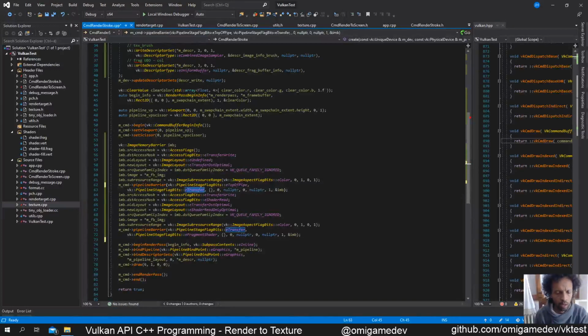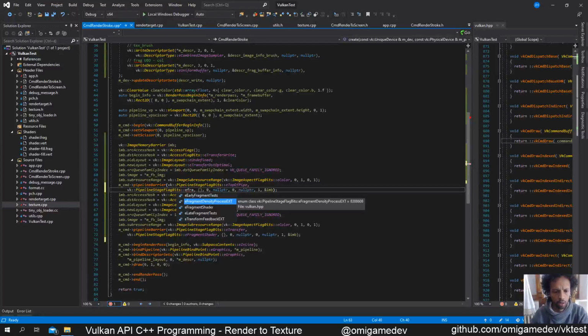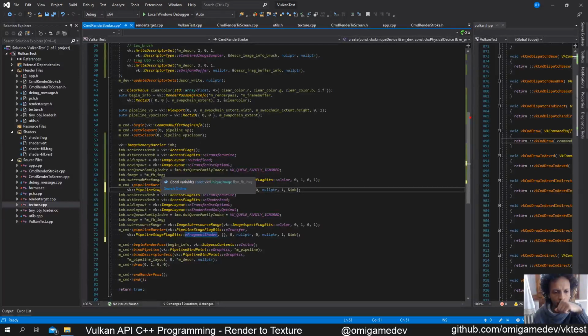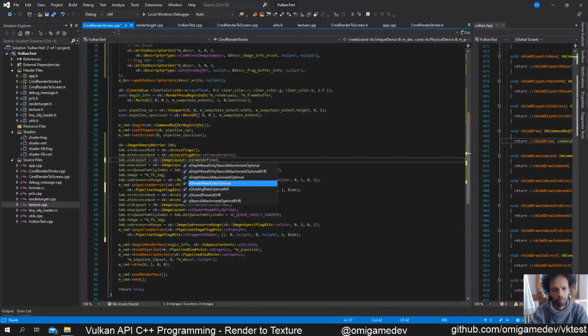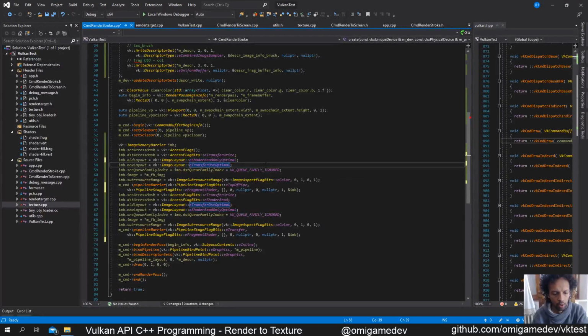And what we need it to be is in the fragment shader. And we need to move from shader read only optimal to